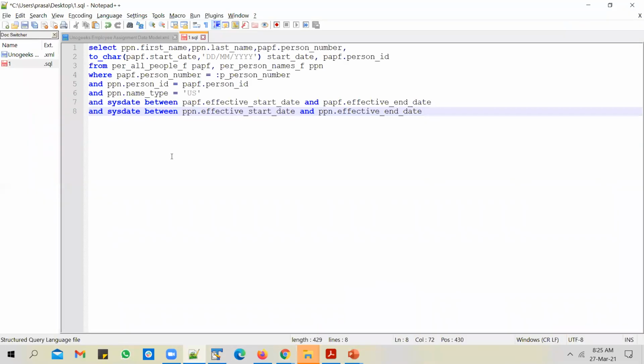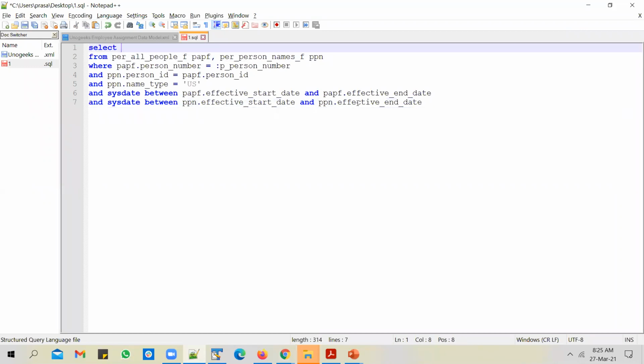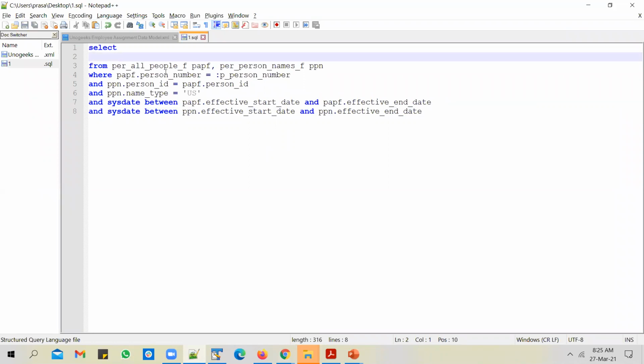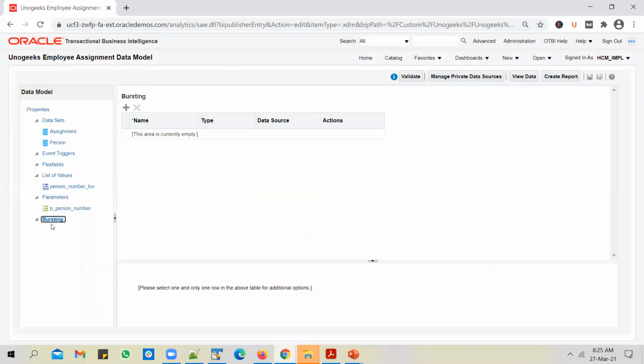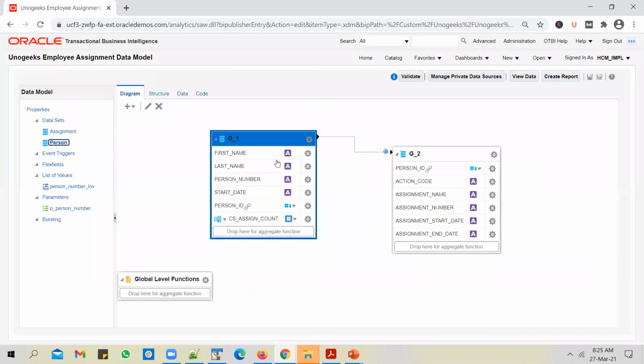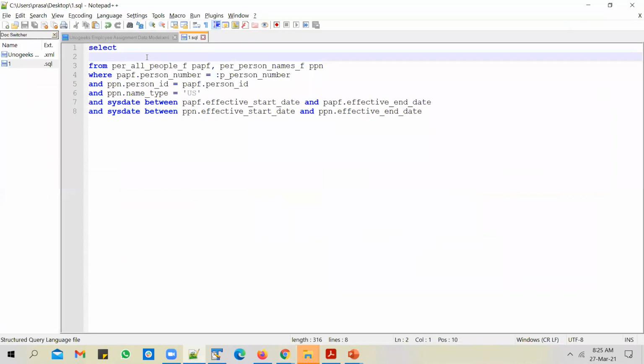and paste it to a notepad. And you can leave the entire query as is and just take out the columns from the select clause. So you basically need to come up with a bursting query, and you need to attach that bursting query here. So you have to add in your bursting query here. To come up with a bursting query, you have to pick up the driving query, take out the columns from the select list, and add in the columns that are required for the bursting query.